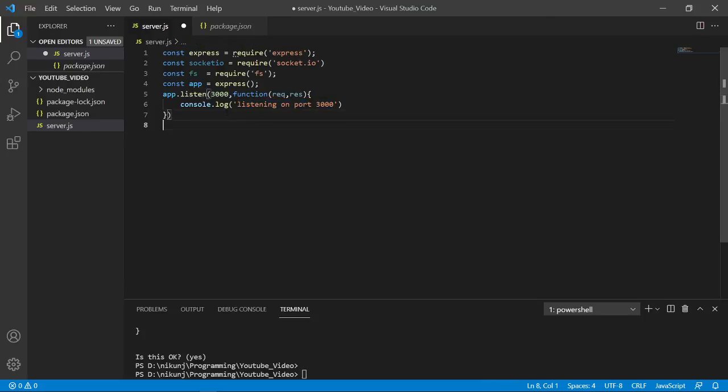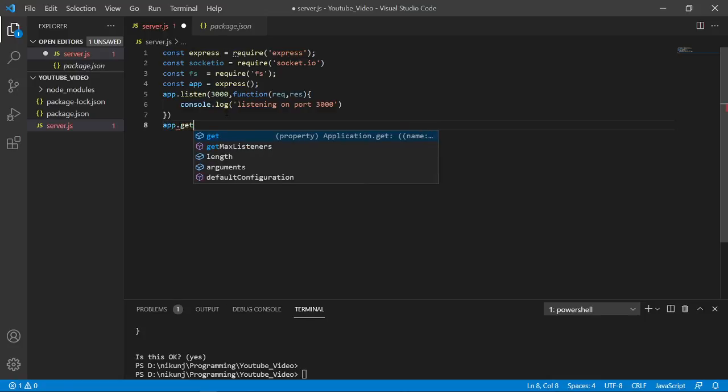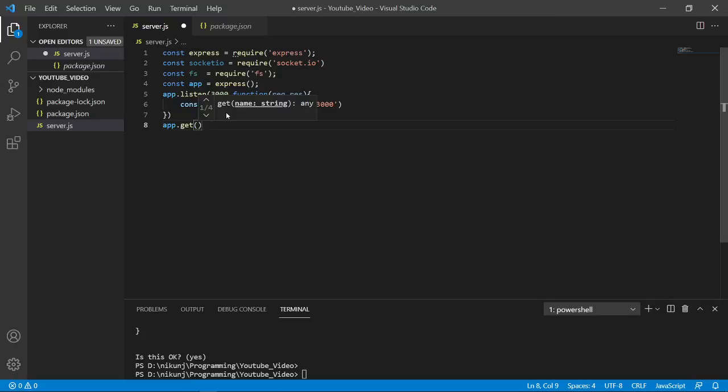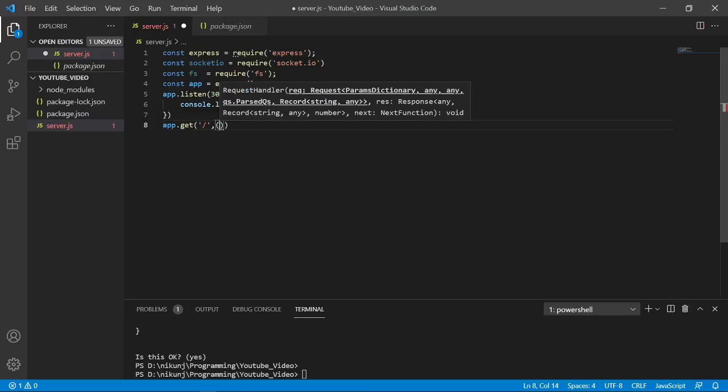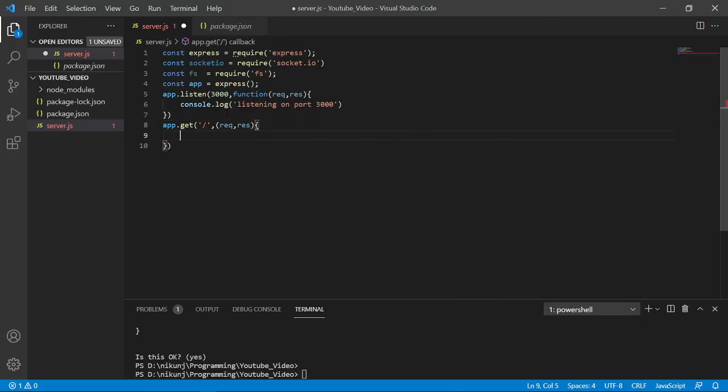Okay, now we will create a get method and give it a basic route. Once the user sends a request to this route, we will display a message hello world.